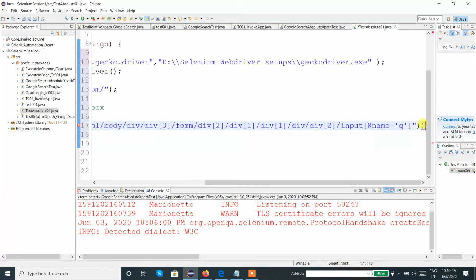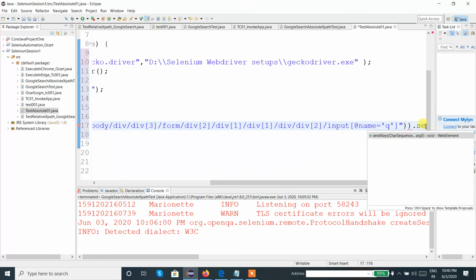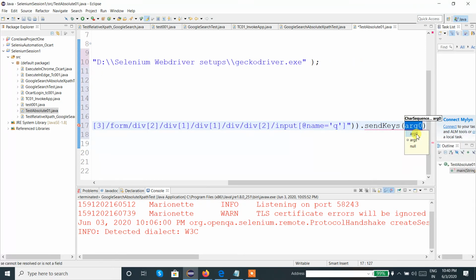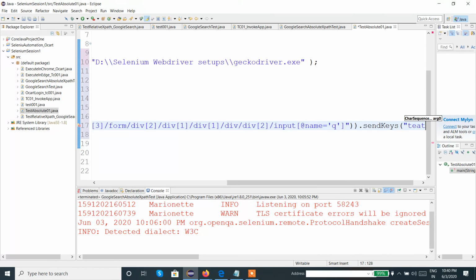To test that the XPath is working fine, I'm sending some test data: test XPath.